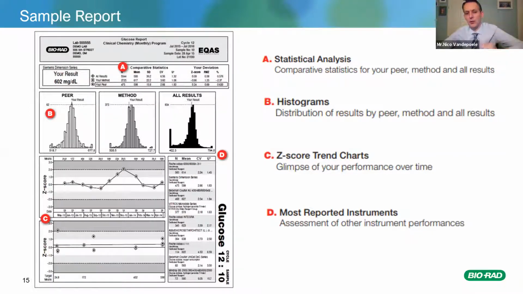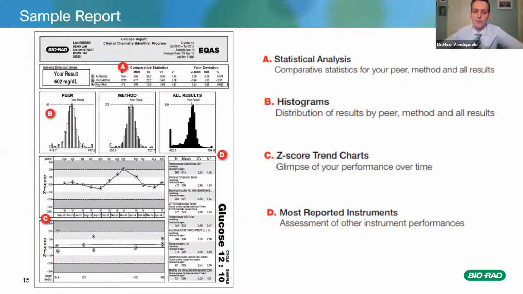And as we already heard from the previous speaker, glucose is very well standardized. So if you would go through this list here of the most reported instruments, you would see that for this very high glucose of 600 milligrams per deciliter, almost everybody finds this result very comparable. It goes from 627 to 590, which is very well standardized. There are, of course, many other tests that don't have such a good standardization, and you would see that here